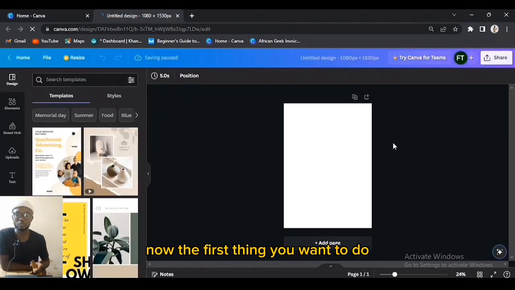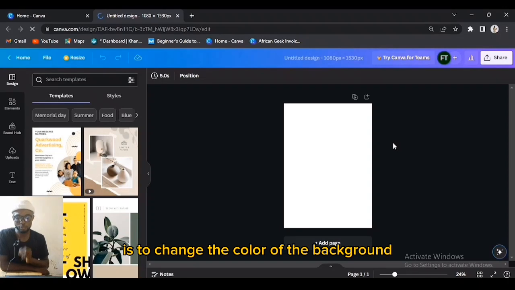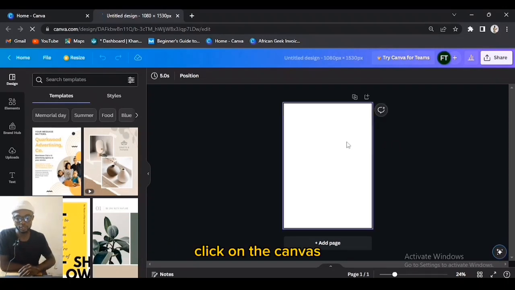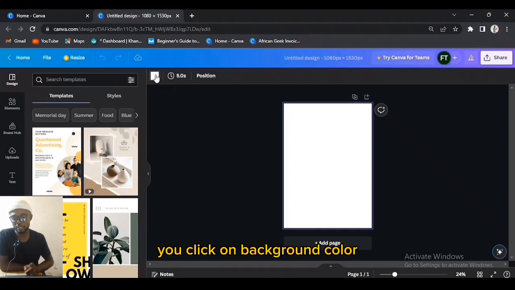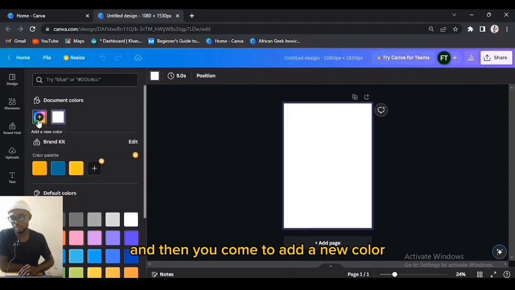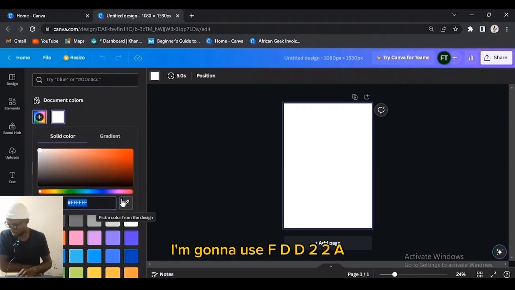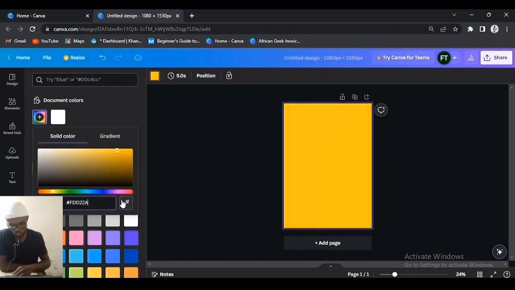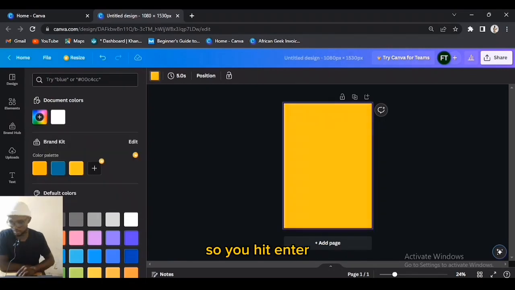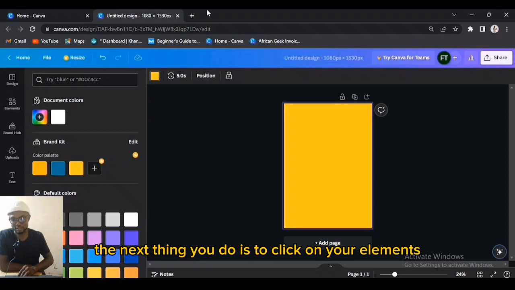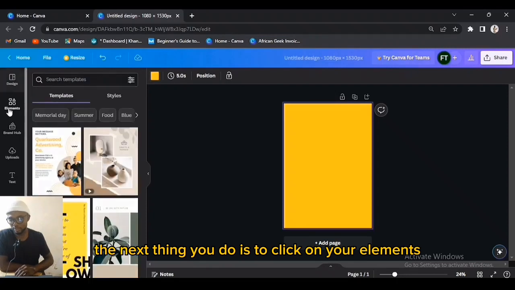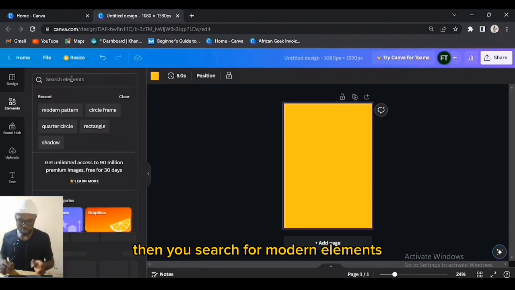Now the first thing you want to do is to change the color of the background, and to do that, click on the canvas, you click on background color, and then you come to add a new color. I'm going to use FDD22A. So you hit enter. The next thing you do is to click on your elements, then you search for modern